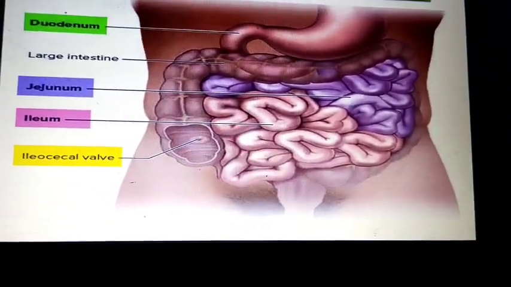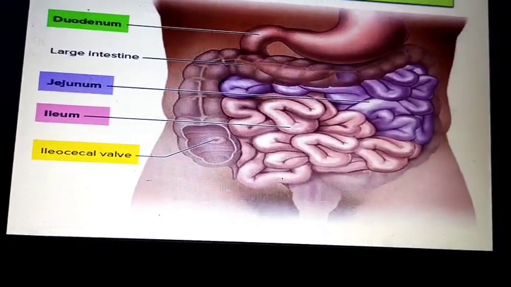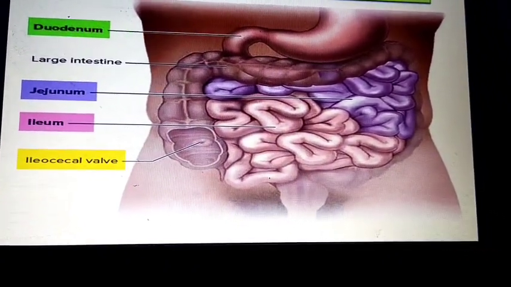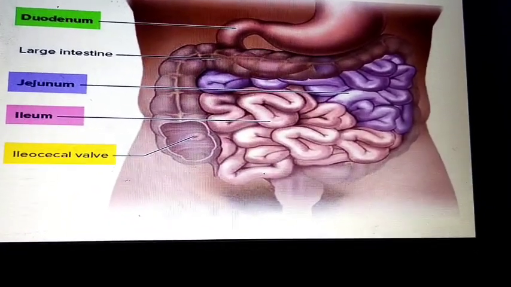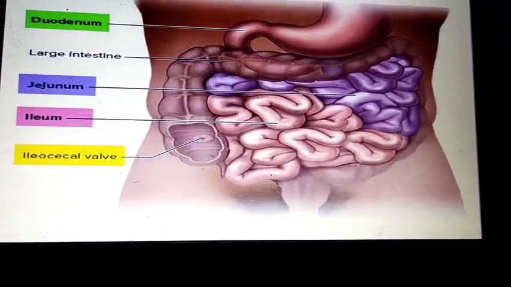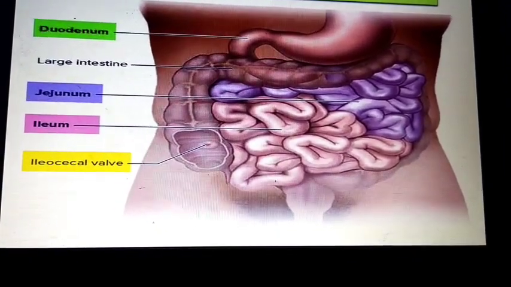Before that, the small intestine is divided into mainly three parts: duodenum, jejunum, and ileum. Last class we discussed the anatomy of the duodenum; today we discuss the jejunum and ileum.